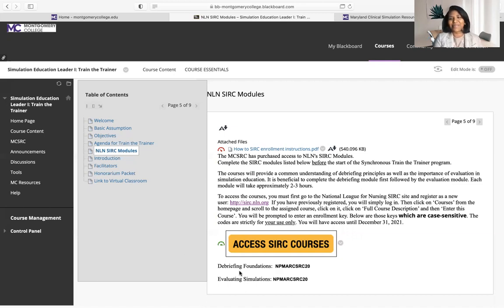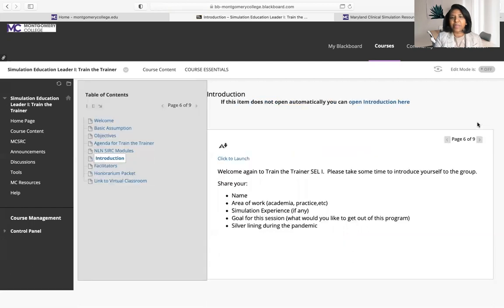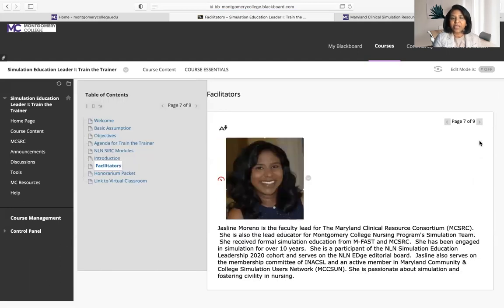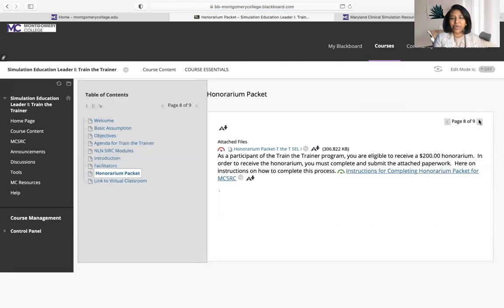You can go back and reference it as you start practicing some of the things that you might have learned during the session. The next page highlights the discussion board. There are discussion boards built into the modules. This one is just an introduction page, to introduce yourself to your group and your peers. So take some time to answer the initial questions and then respond to your peers. Here's a blurb about myself that you can take some time to read on your own.